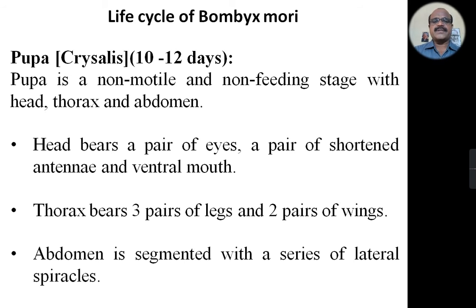Then the thorax bears 3 pairs of legs and 2 pairs of wings. The abdomen is segmented with a series of lateral spiracles. Then this pupa, after 10 to 12 days of duration, is emerging out from the cocoon into an